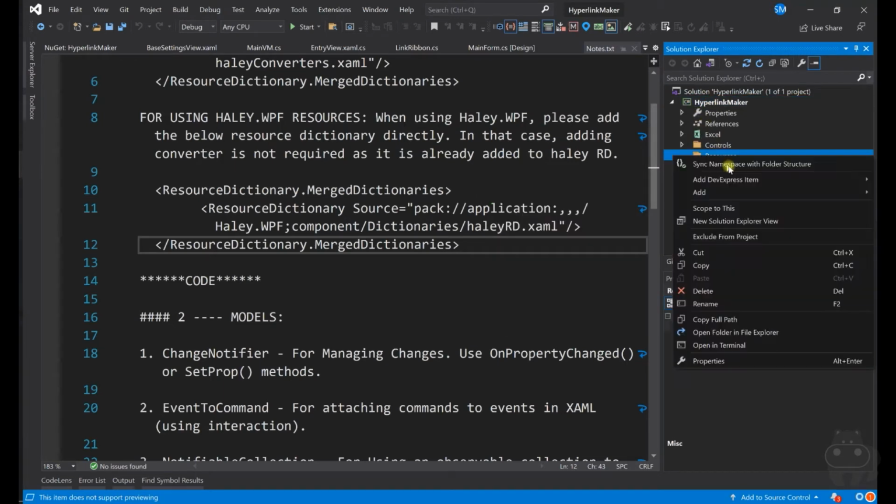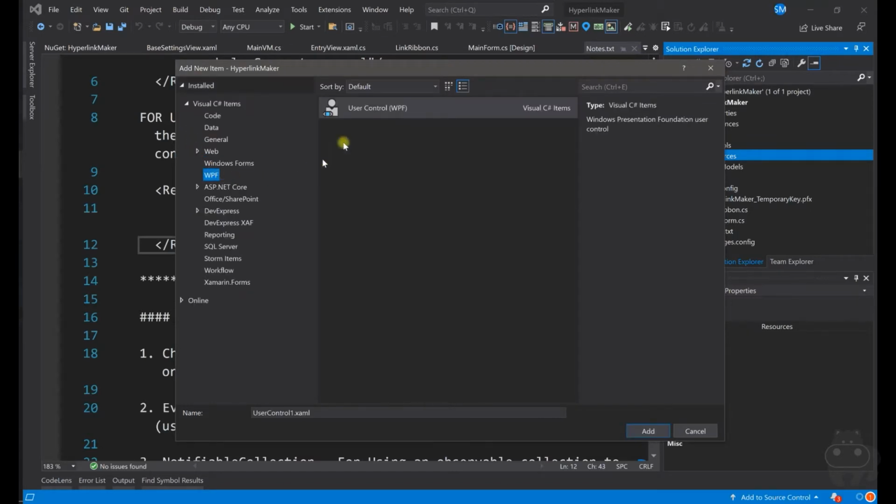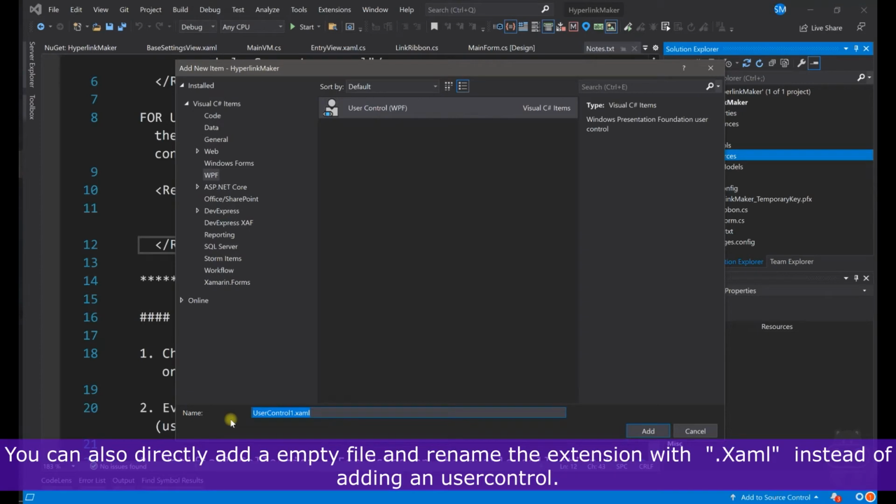That's fine. So you are going to start with add a new item. Just pay close attention. Start with a user control, maybe. Let's call it hyperlink maker resource dictionary.